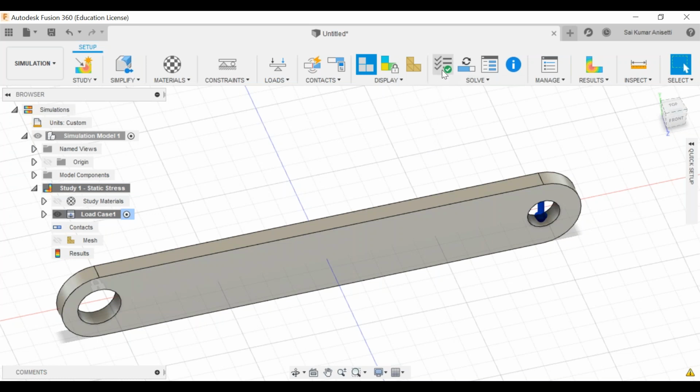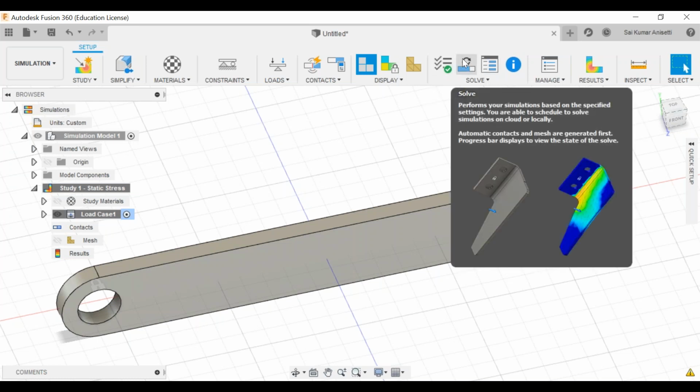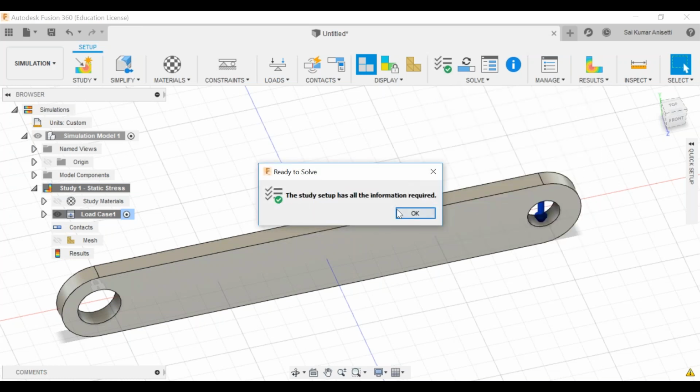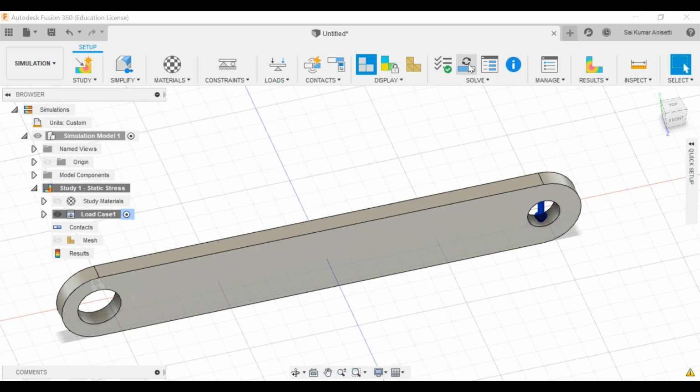Okay, now let's pre-check. Before going to solve, see, solve is not a simple command. As soon as you click solve, it loads your algorithms and it directly runs an analysis. If there is an error in your solving operation, then that is going to be a huge problem again. Okay, before that just pre-check it. If there are any errors, it will show that you did not give any loads, or you have forgotten to give material, and those kind of silly errors you can avoid. Okay, just click OK and let's solve.